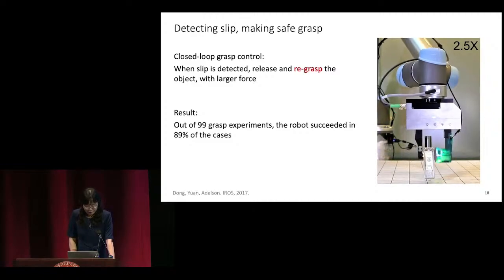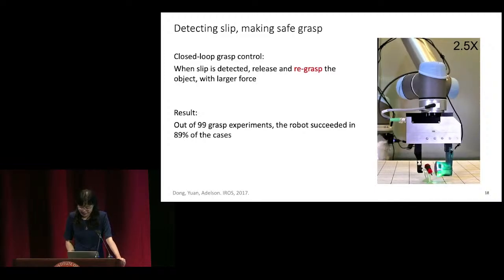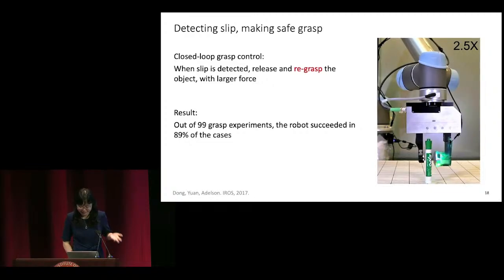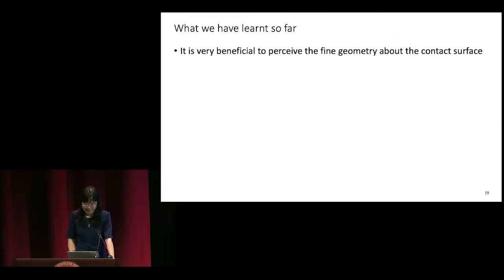Of course, we did lots of other fun things, but those are some examples of how high-resolution tactile sensing can help robots with fine details and general perception and manipulation tasks. So we learned that it's very beneficial for robots to measure those fine geometries of the contact surface as well as the force. It can help robots to recognize the materials, the objects, and understand the state of physical